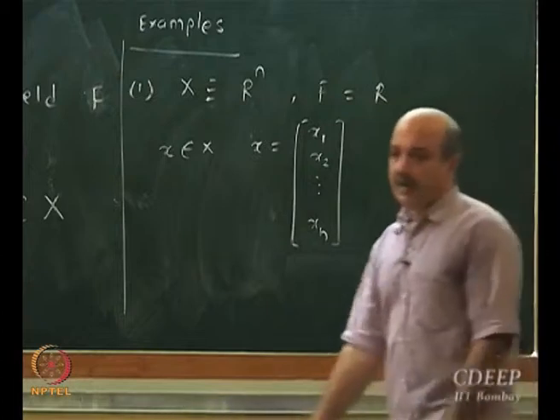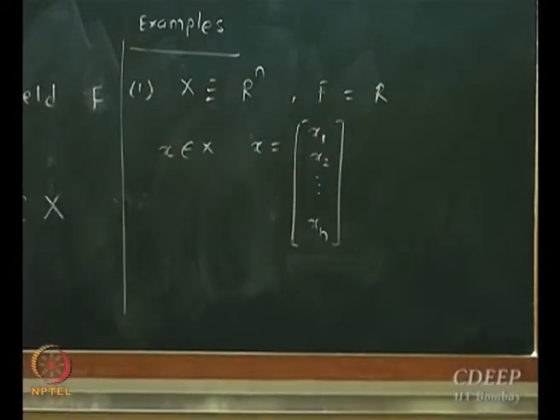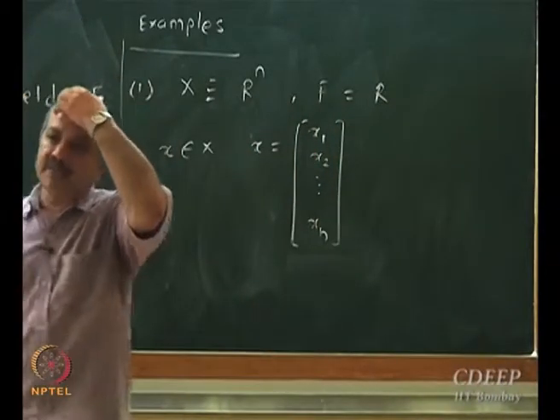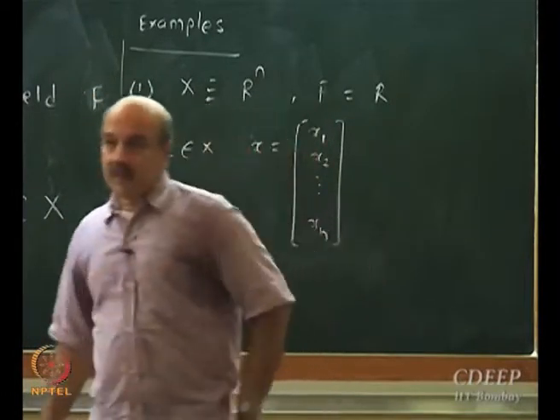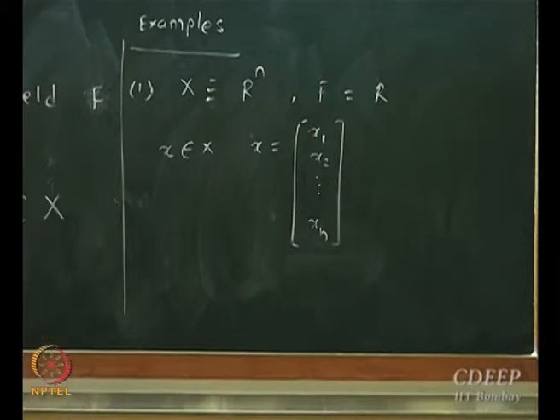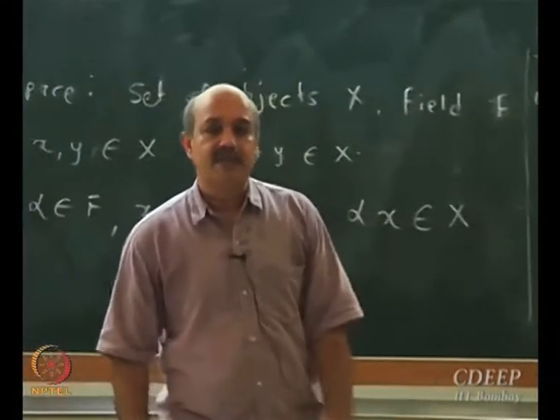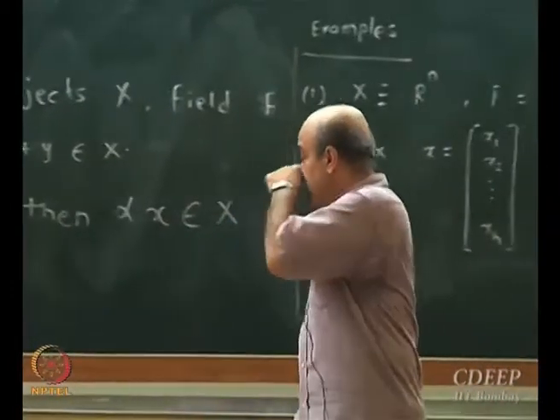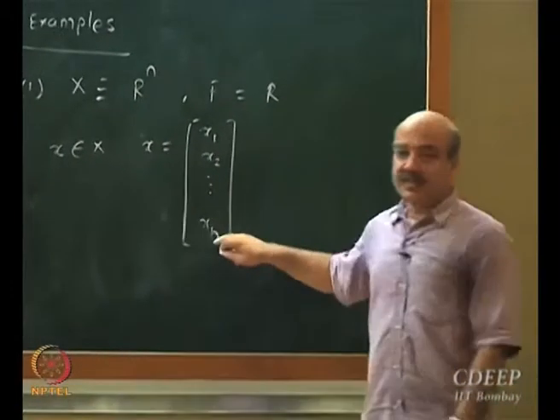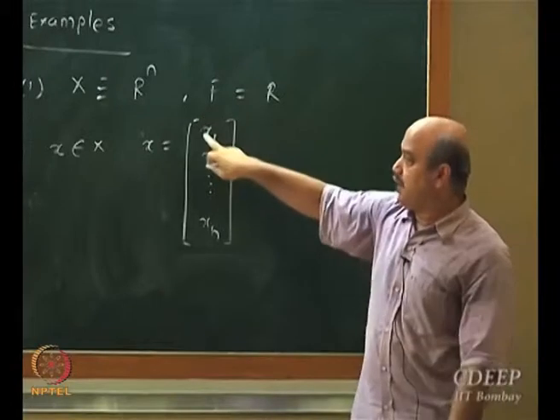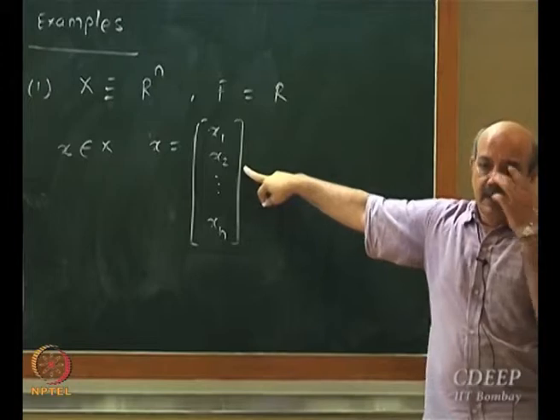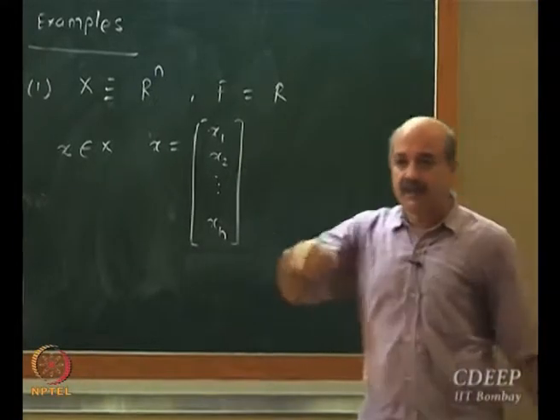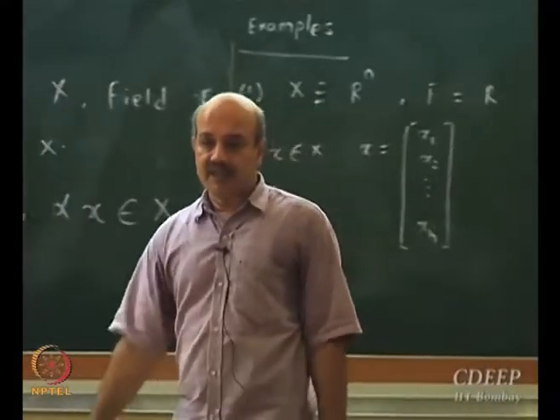Okay, it may have n components. Can you give me an example where you need such a thing? Let's say I am dealing with some chemical reactor, and I decide to associate a vector space that defines different variables. So here, x1, x2 to xn could consist of, for example, x1 could be temperature in the reactor, x2 could be pressure, and x3 to xn could be different chemical species that are present inside the reactor.